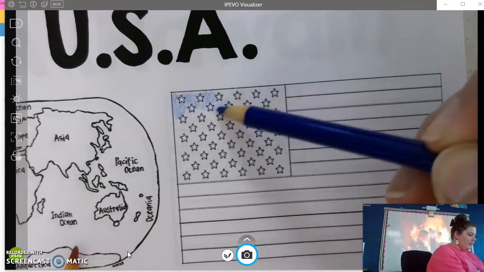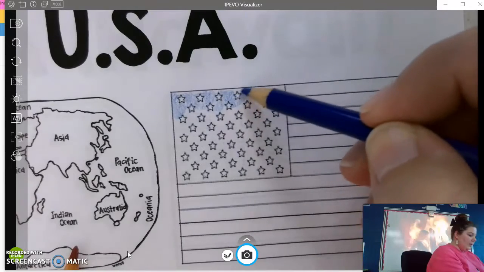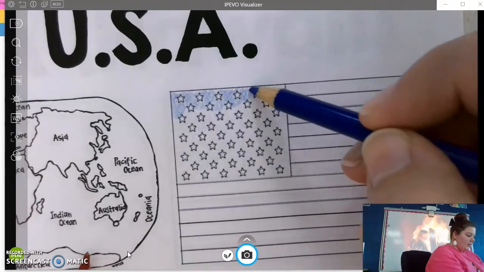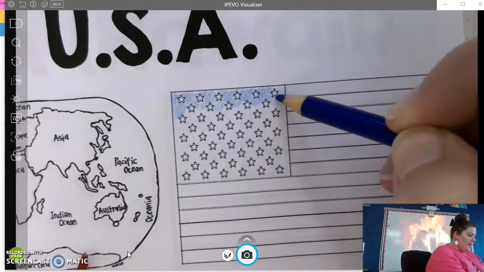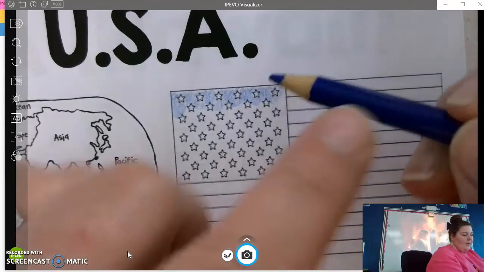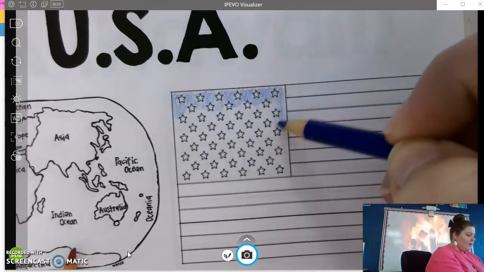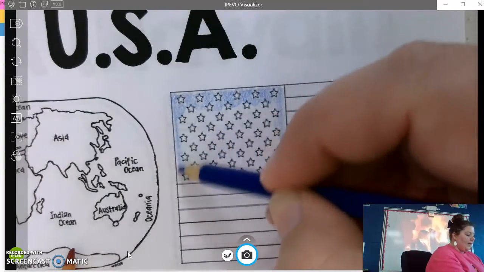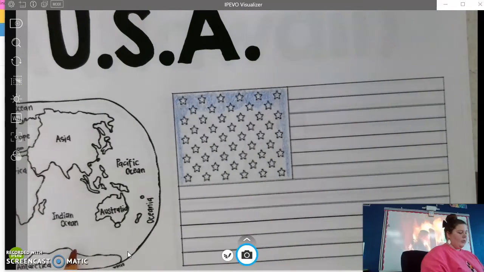Okay. I'm doing it lightly because I'm holding it farther back so that way you can see my coloring. But even though I'm holding it back, do you see how I'm holding my pencil? I'm holding it so I'm controlling it. I'm using my handwriting muscles. I'm controlling my writing with my thumb, but I'm also squeezing these three fingers together to have control over my colored pencil. So I'm going to stop coloring my flag here, but what I want you to do is to finish coloring this part of your flag in blue.